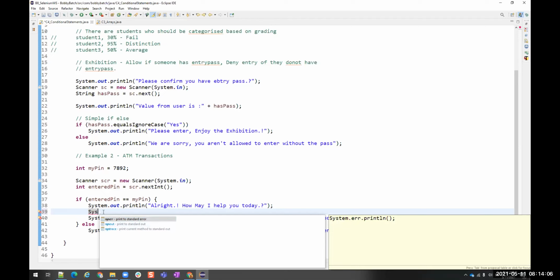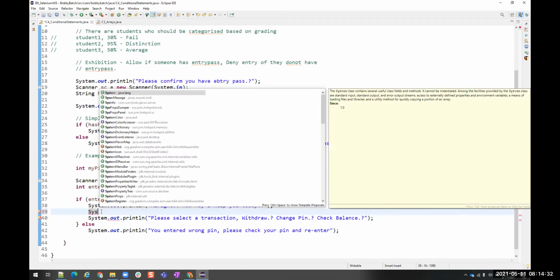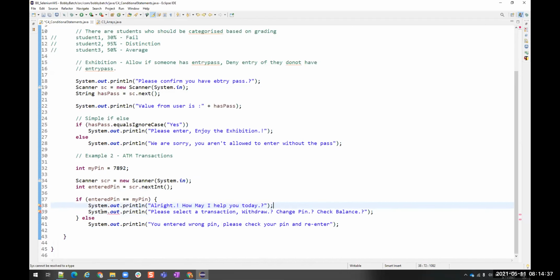You might have typed SYSO. Just type SYS and press control space. Now you are seeing it. No, okay, I'll check later. I might have pressed control space and then pressed enter without typing O. That's why it was showing system.error. But I was intending to use system.out only. But that's also not wrong.